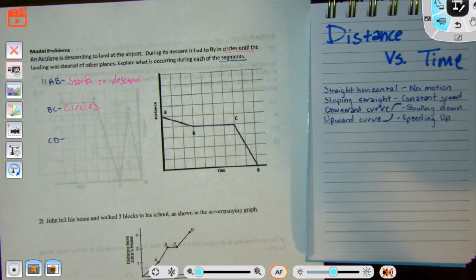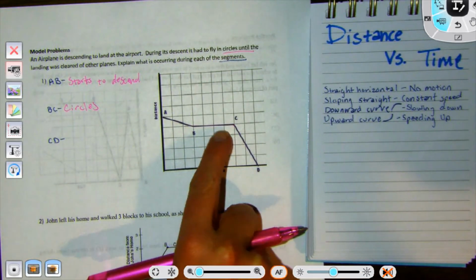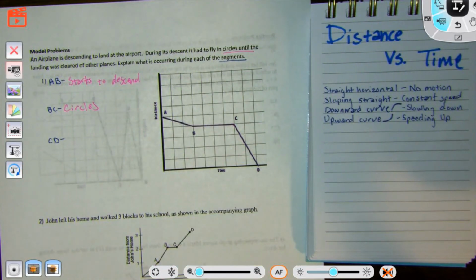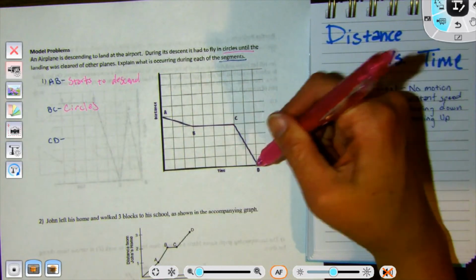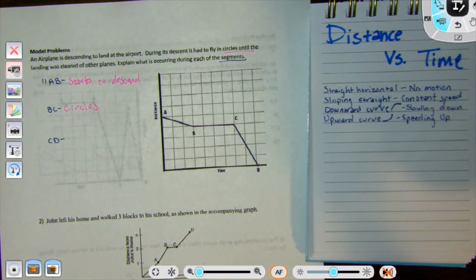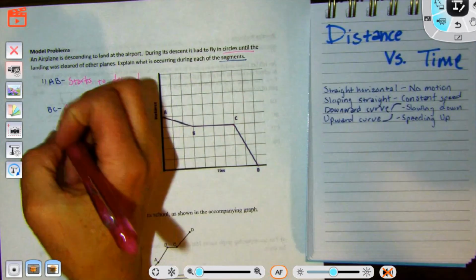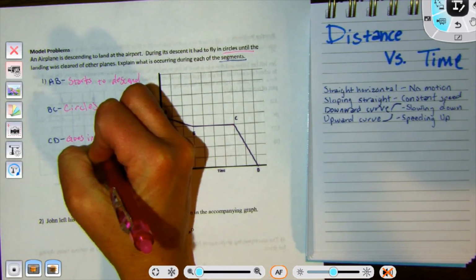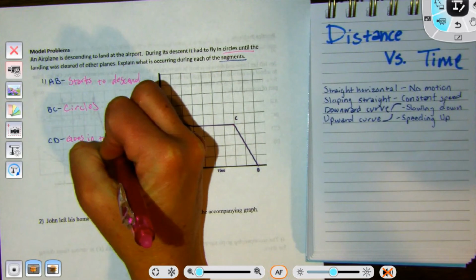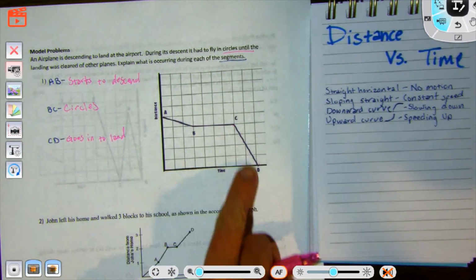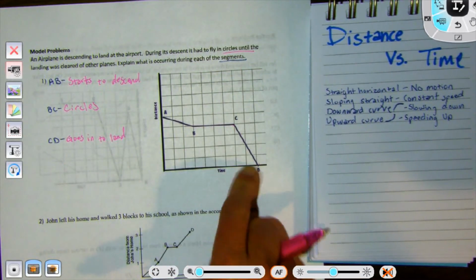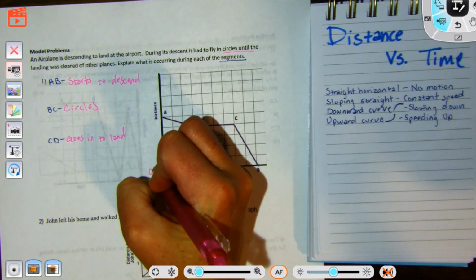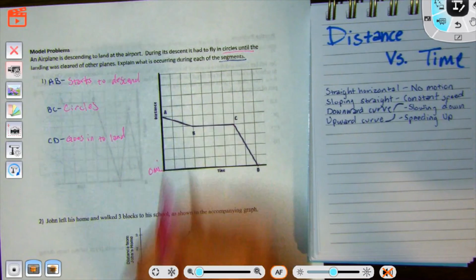So it's circling around all this time. It's circling around waiting for those other planes to get out of the way. Then from C to D here, what is it going to do? It goes in to land. It descends all the way back down to our 0 miles or ground level,